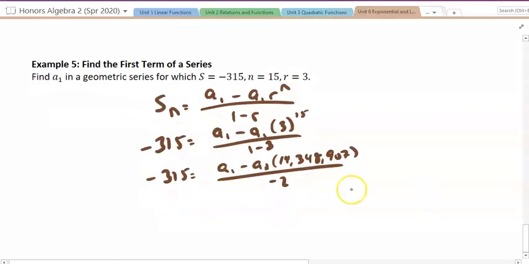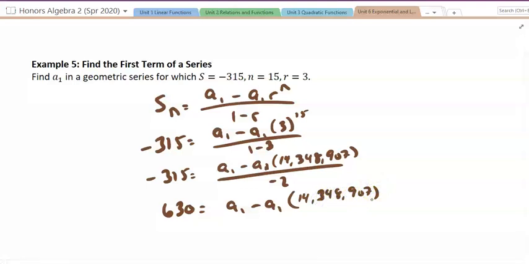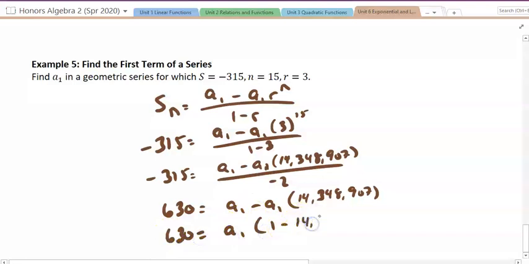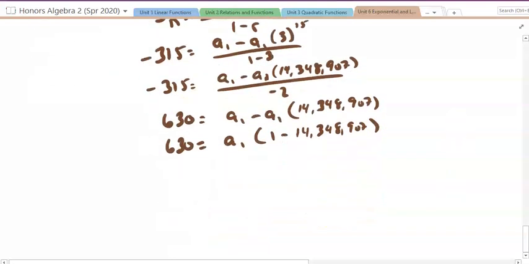And so our next step would be multiply both sides by the 2. And so we're going to get positive 630 is equal to a sub 1 minus a sub 1 times the 14,348,907. Now you're probably asking yourself, well, we've got 2 a sub 1s in this problem. How are we going to get to 1 a sub 1? Watch this trick. Remember factoring, right? I could factor out an a sub 1 and get 1 minus the 14,348,907. We do that, and we're going to get 630 is equal to our a sub 1